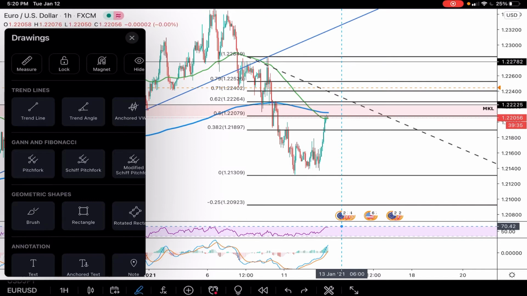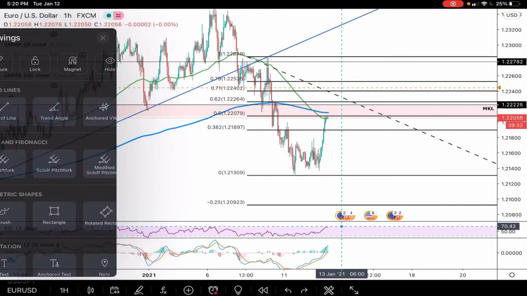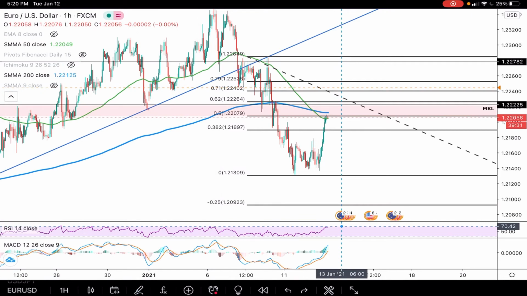Using these indicators, you could find plenty of videos online on why you would want to do that. If you're trying to do a short, you obviously want price to be under these EMAs, and want to see the MACD cross at the overbought area, and you would want to see the RSI in the overbought area coming back into this purple zone, right? So now also I use Ichimoku Kinko Hyo,